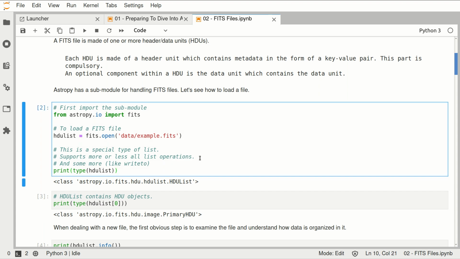Firstly, I need to make the FITS module available in Python from Astropy. The way I do that is say from astropy.io import fits. So this is basically importing the module. Now in this module, there is a function called open, which accepts a name of the file and returns an object known as the HDU list. Okay, so fits.open